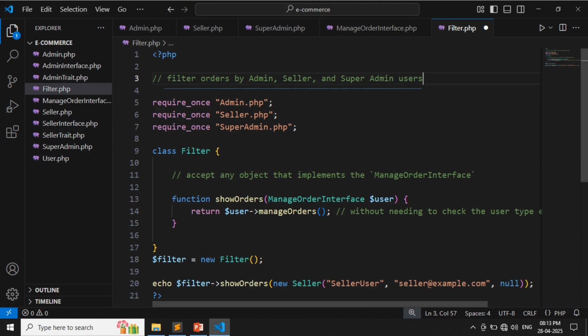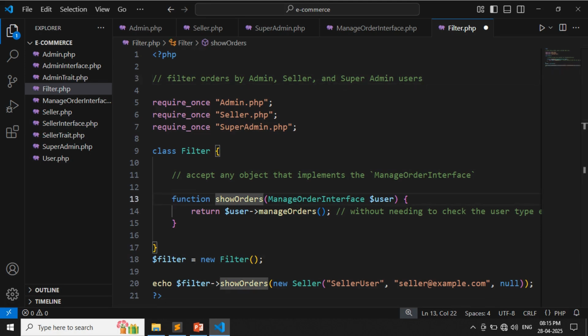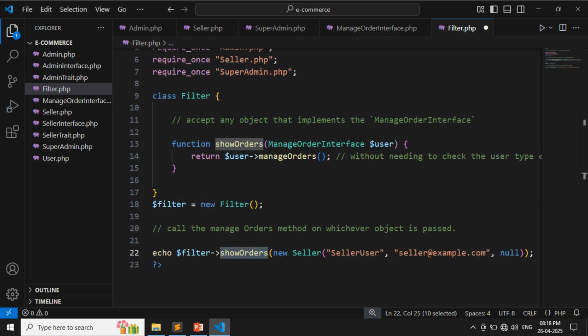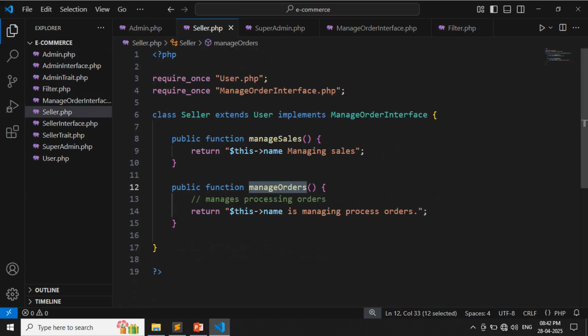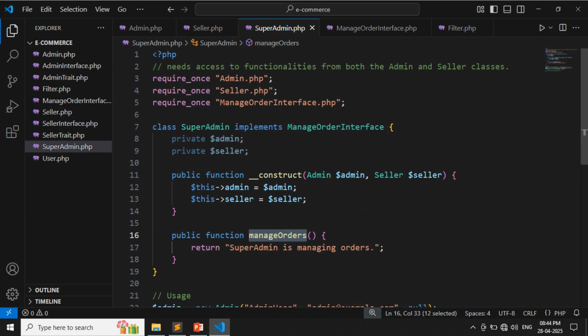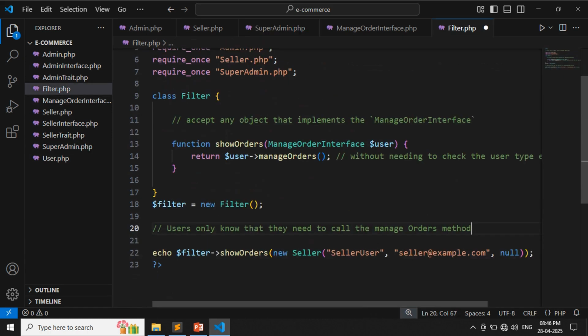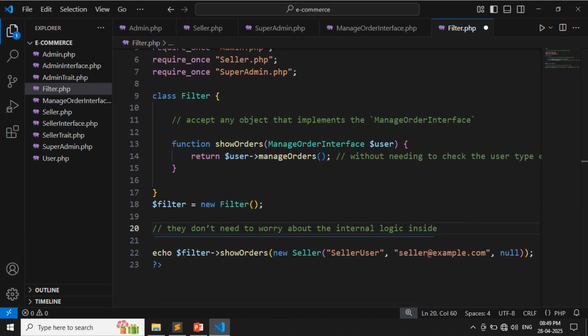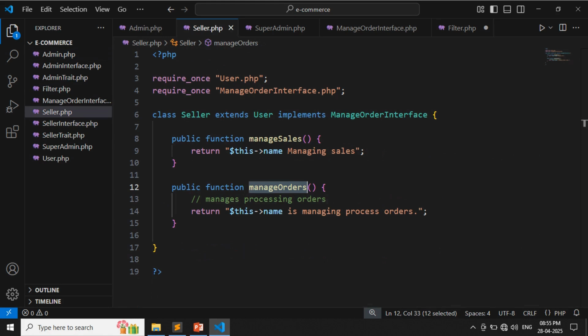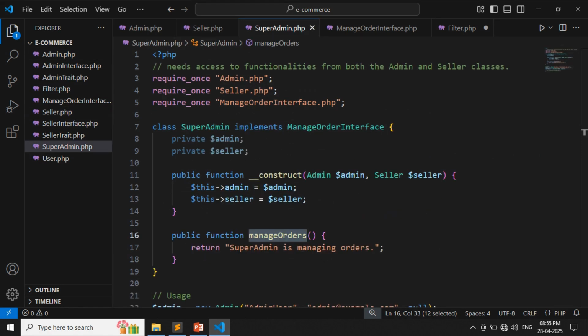To implement this, we define a showOrders method, where we simply call the ManageOrders method on whichever object is passed. The frontend or backend doesn't care how admin, seller, or super admin manage the orders internally. Users only know that they need to call the ManageOrders method. They don't need to worry about the internal logic inside admin, seller, or super admin classes.